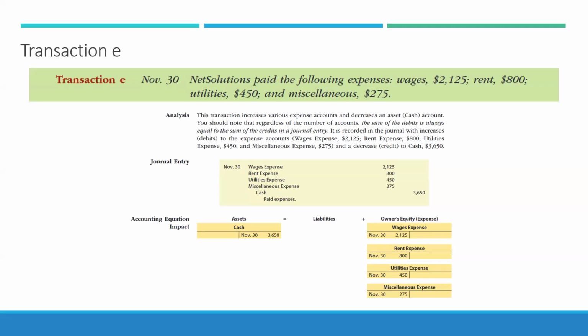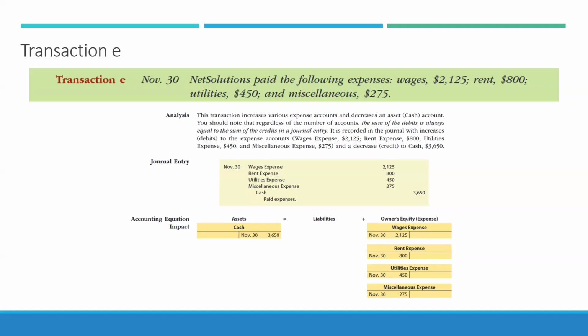When we have expenses, what happens to owner's equity when we pay expenses? It goes down. When owner's equity goes down, we debit it, right? So do you see all those expenses have a normal debit balance? Does that make sense? So we show wage expense of $21.25, rent expense of $800, utilities expense of $450, miscellaneous